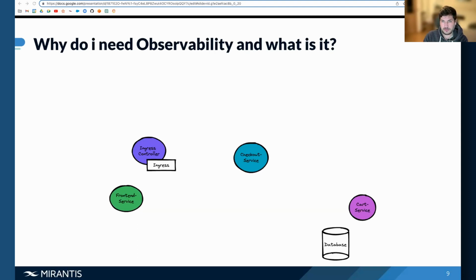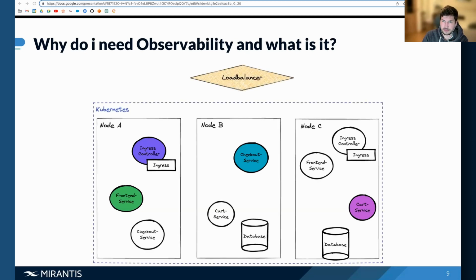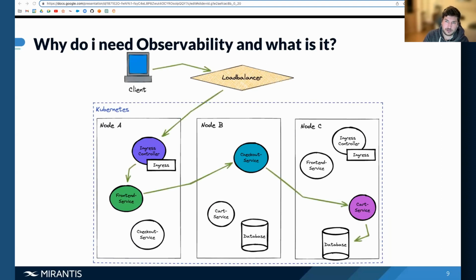We just imagine we have a web shop that, for example, is horizontally scaled and uses a microservice architecture pattern. It runs on top of Kubernetes, has, for example, a load balancer in front and receives traffic. And of course, we want to ensure that our software is working as intended. And that is exactly why we need observability. Observability lets us understand if our application or whatever we are operating is in a healthy state and working as